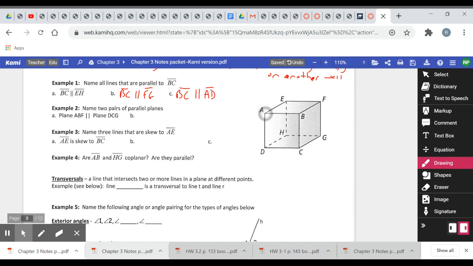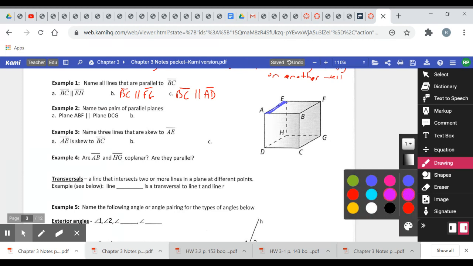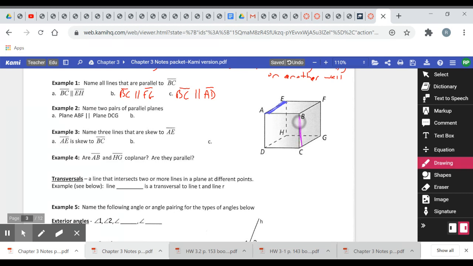So if we're looking at AE, it's showing us an example here that AE is skew to BC. Okay, so that's the example it's giving me. See how those two lines, again, they're not facing the same direction, but they still would never intersect each other. So another example would be